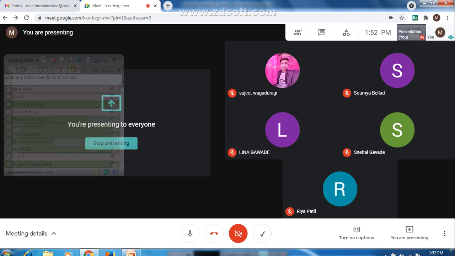If the same key is used for encryption and decryption, then that is called which type of encryption, I am asking? Can anyone? Snehal? Symmetric. Yes, Soumya, good. If for encryption and decryption different keys are used, then it is called asymmetric. Clear? At least remember this one.